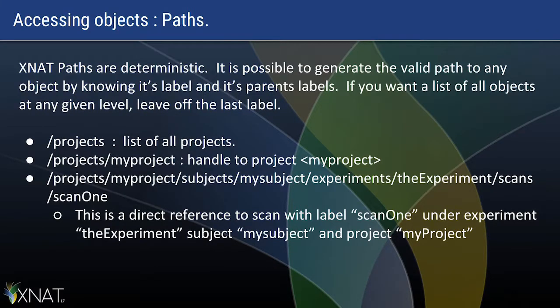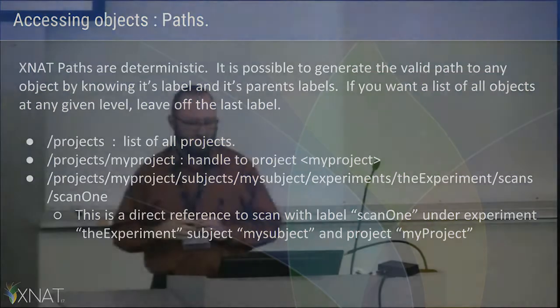And those paths are deterministic. They're always in the same form, and those are the XNAT REST APIs. They're documented on the XNAT documentation wiki, and they're fairly easy to generate. And they're also faster than going through the